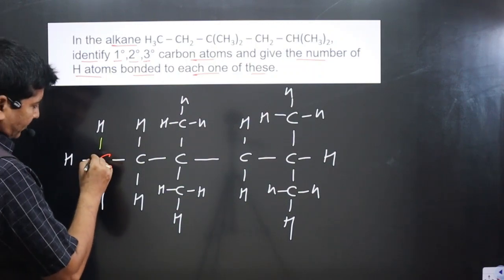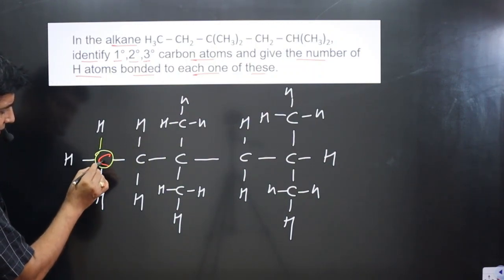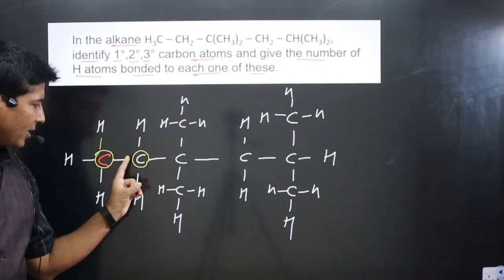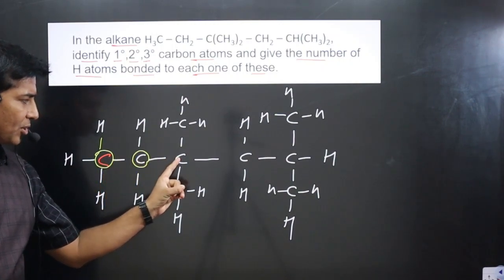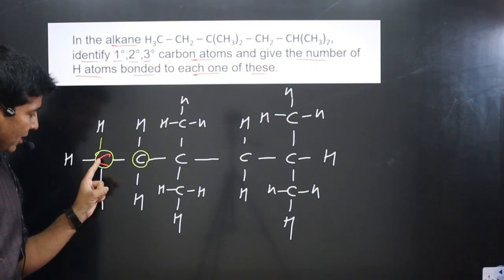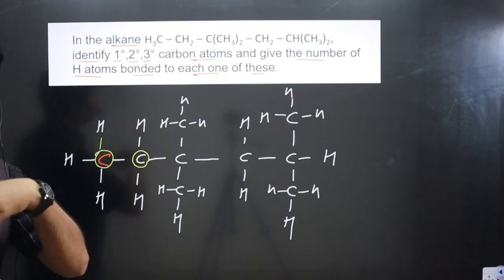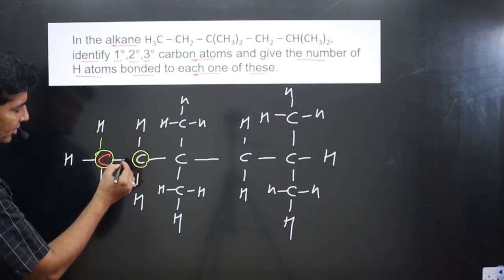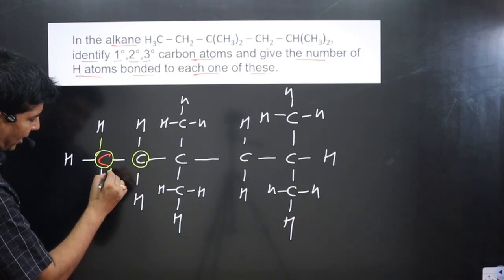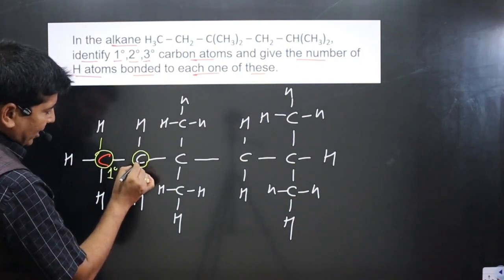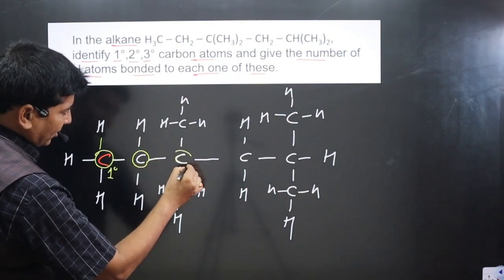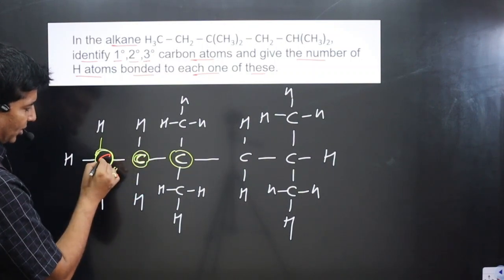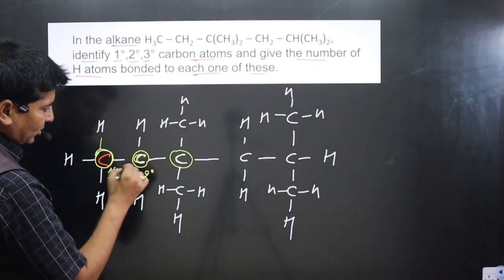If you look at this carbon, you can see this carbon is connected to only one carbon. You cannot say that this carbon is connected to this one, and then this carbon is connected to this one, so it is secondary. No, you see this carbon is connected to how many other carbons directly. Direct attachment you have to consider. So this carbon is connected to only one carbon, then we can say it is a primary carbon. Now look at here, this carbon is connected to this one carbon, and this is the second carbon. So it is connected to this carbon as well as this carbon, then we can say it is a secondary carbon.